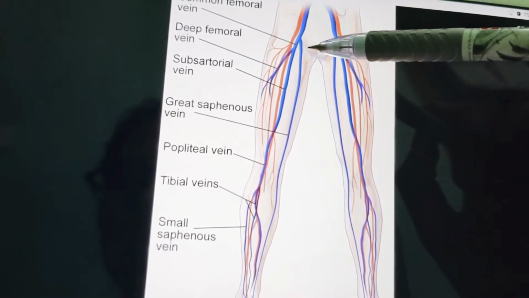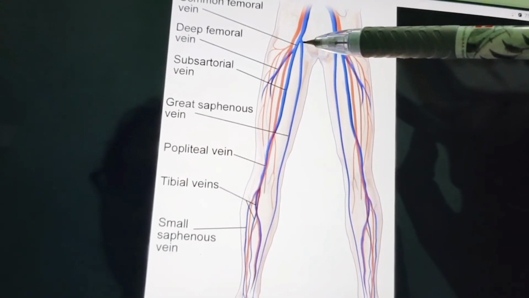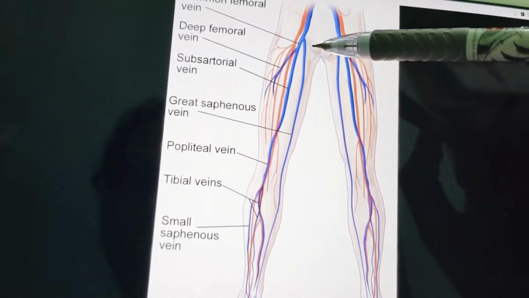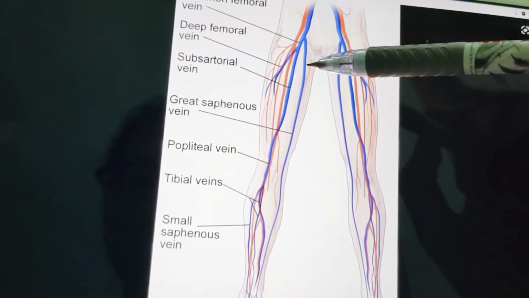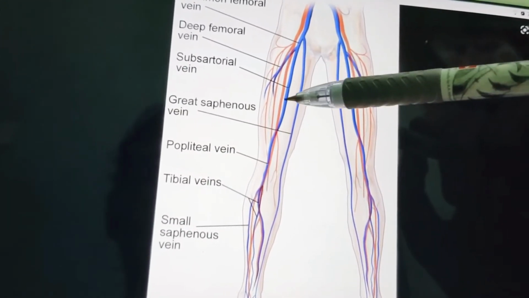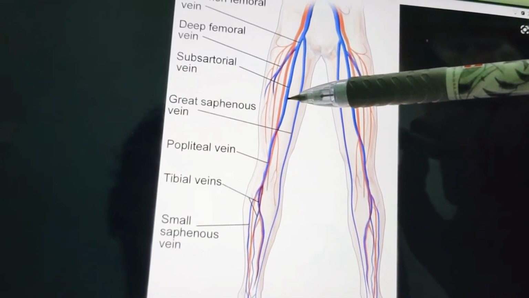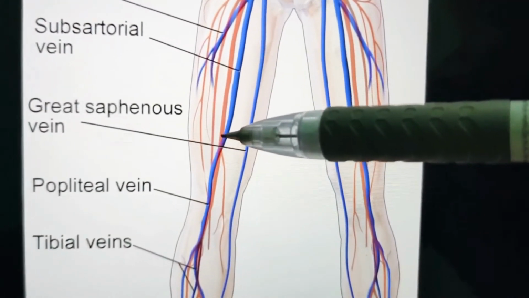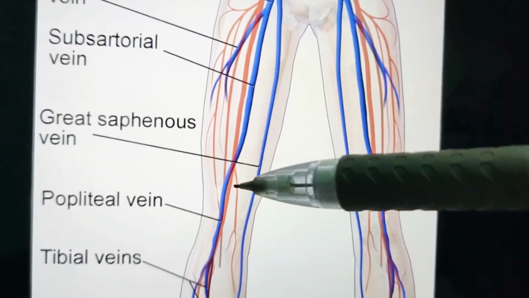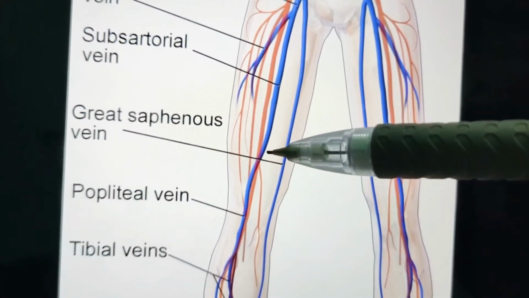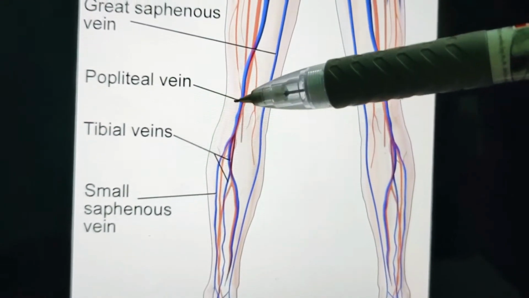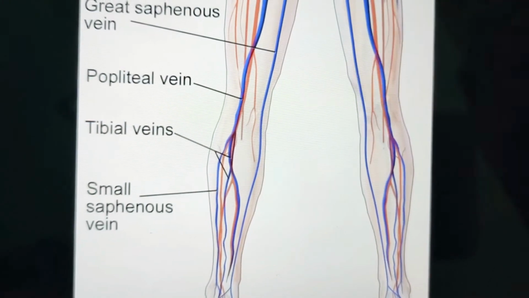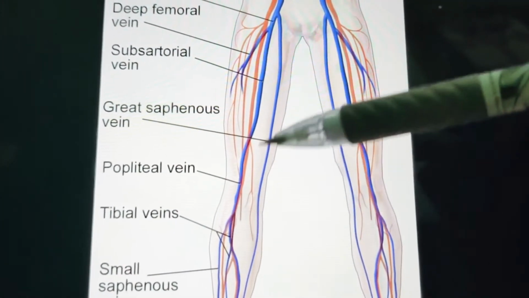So the vein is medial to the artery at the upper end. If you see the femoral artery, just medial to it you will have the femoral vein, right? Whereas in the middle, the femoral vein is posterior to the femoral artery. Exactly over this position, the femoral artery is anterior, but the femoral vein is posterior. Coming to the lower end, the femoral vein is lateral to the femoral artery. This is the thing you need to remember about the femoral vein.